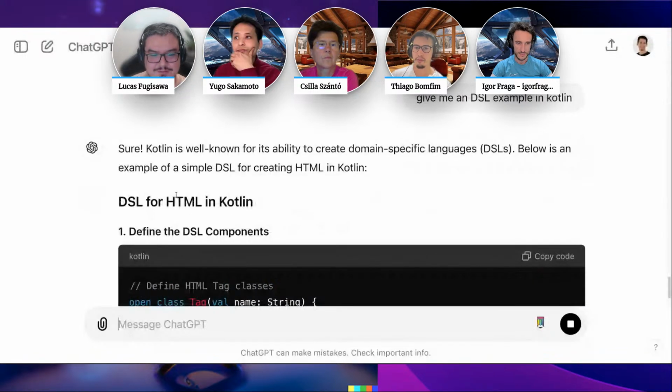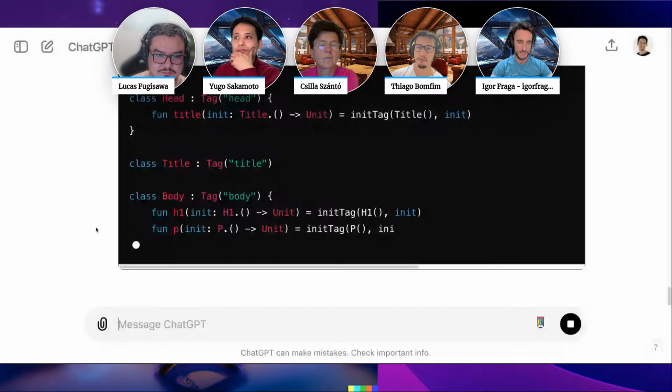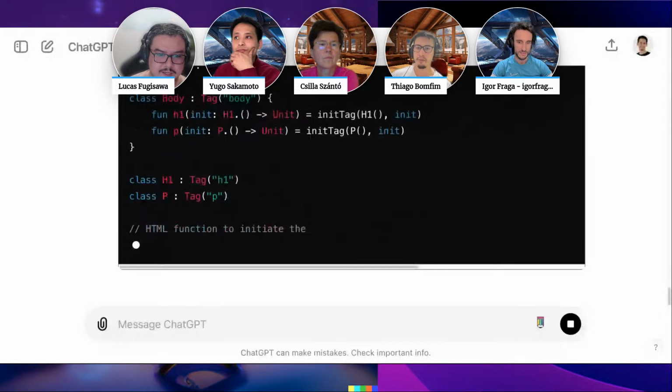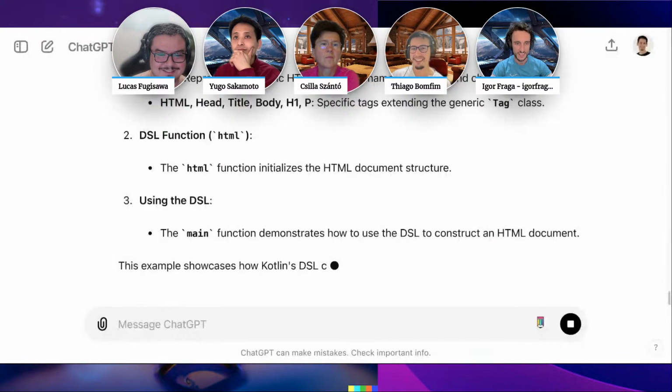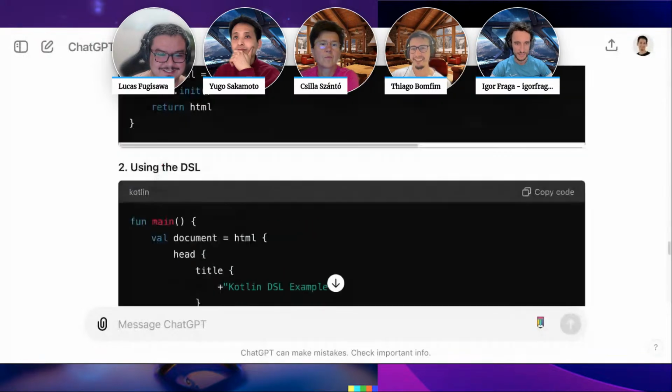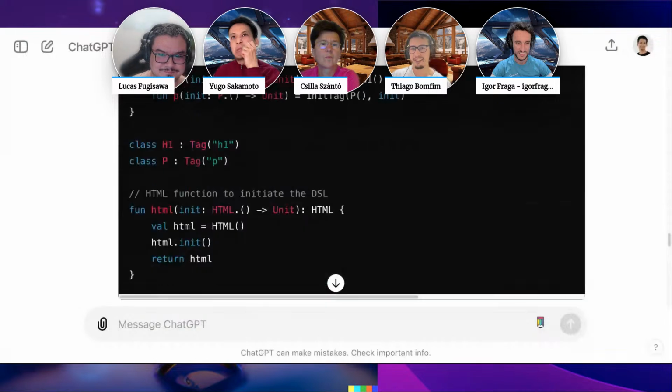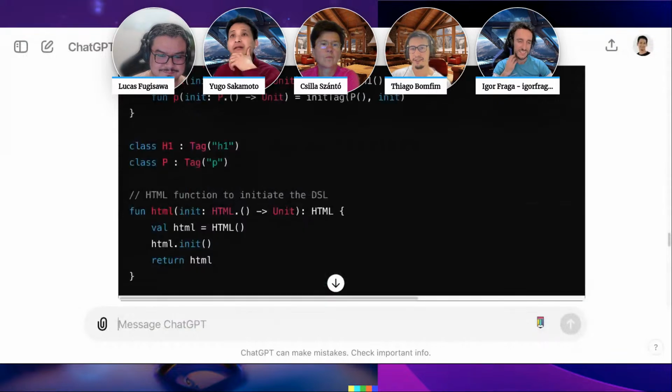Actually, those are not extension functions, but yeah. He's writing an HTML. That's it, with a tag body.